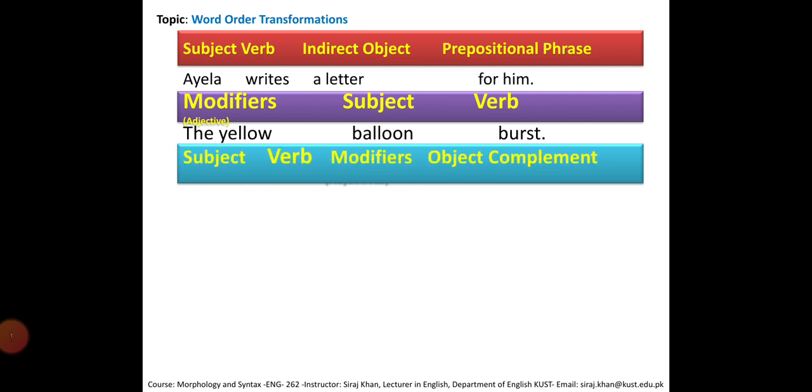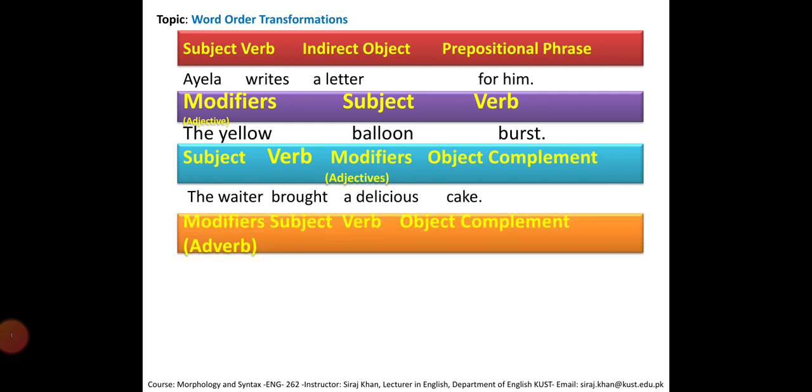Subject, verb, modifiers, and object, like the waiter brought a delicious cake. So the waiter is the subject, brought is the verb, a delicious is a modifier that modifies what? A cake, which is the object. Modifiers, subject, verb, object, and these modifiers can be adverbs. Yesterday I saw you. So adverbs modify verbs,